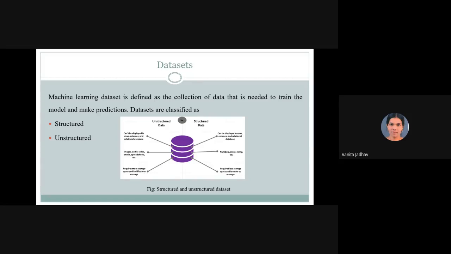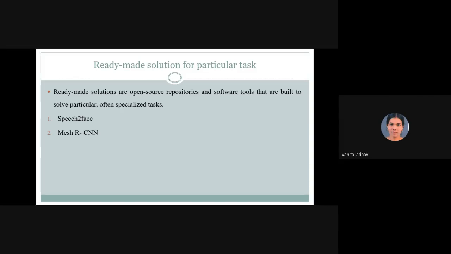Next one is a ready-made solution for a particular task. In the ready-made solutions of open source repositories, there are some tools used for ready-made solutions. I have taken two tools, speech to face and mesh RCNN. I will explain one by one. First one is speech to face.